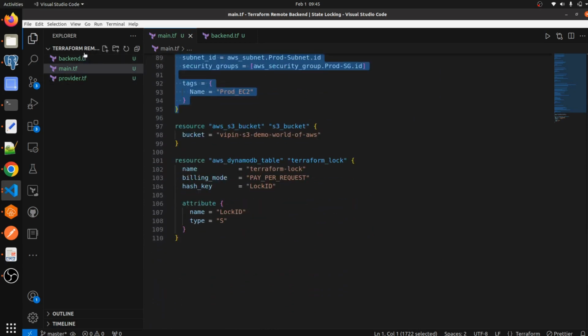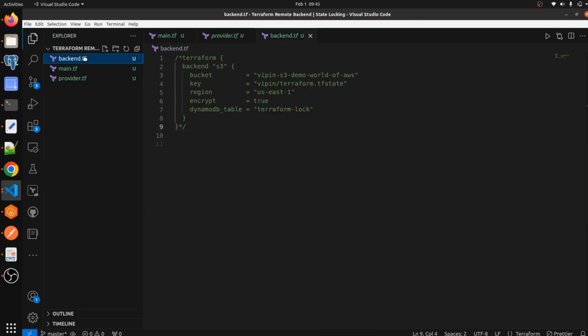So I am just going to create the VPC and the EC2 as well, and I am going to store our state file in the S3 backend. I have commented it out for now because I want to create the state file first, and only after that can we store it in S3. If we don't have resources created, there is no state file, so we can't store one. First we need to create resources, then we can store the state file in S3, and we can implement the state locking mechanism as well.